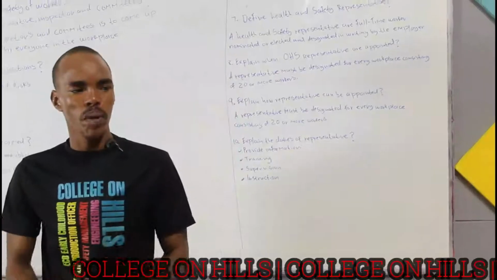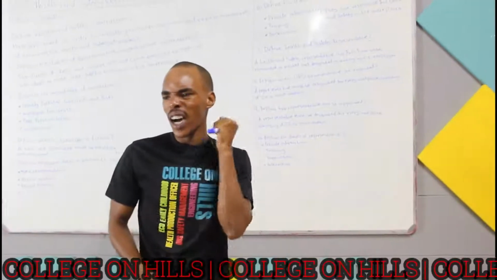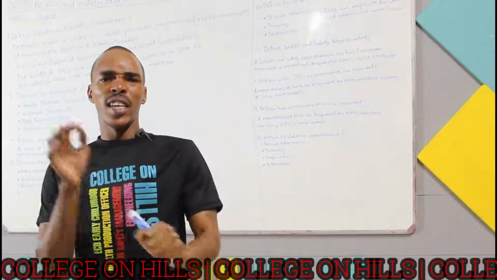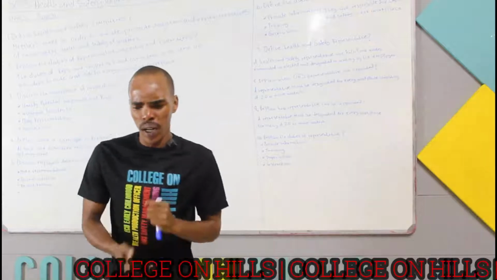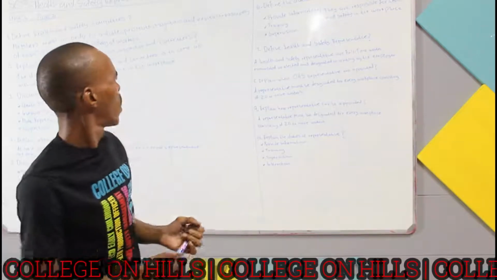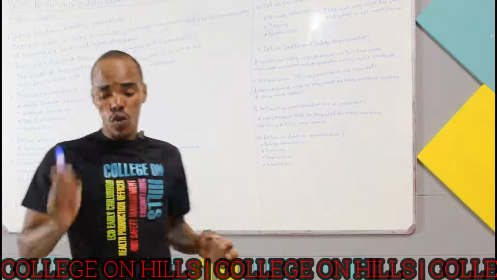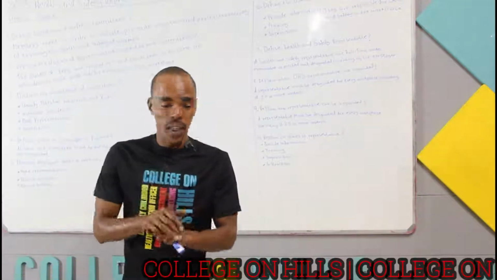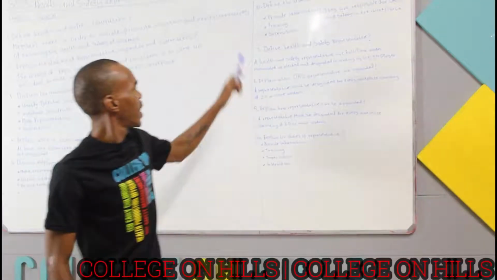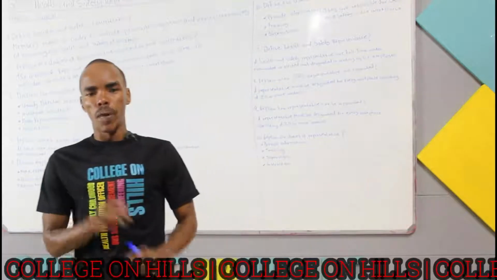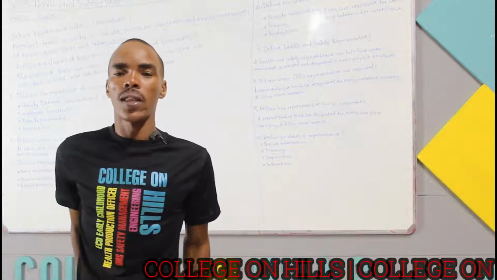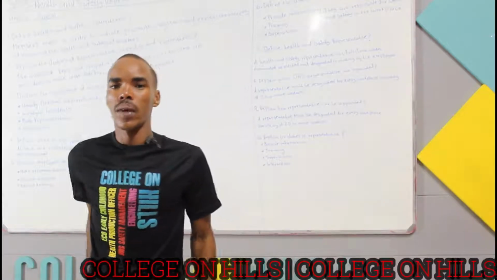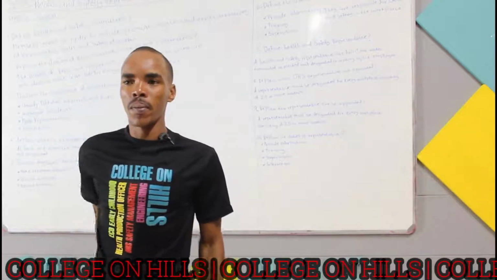Workers must always be informed on how to do the designated job, and how to do the job that you've been designated to. And training must also be provided, guys. You can't do anything without proper training. So you must first get proper training, and